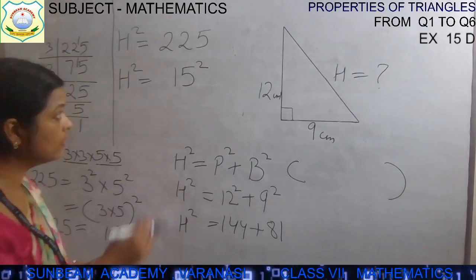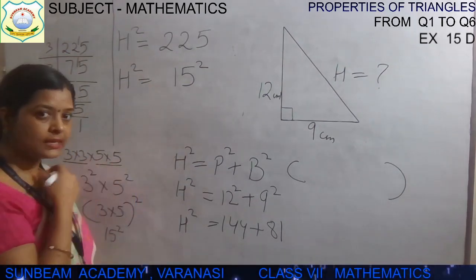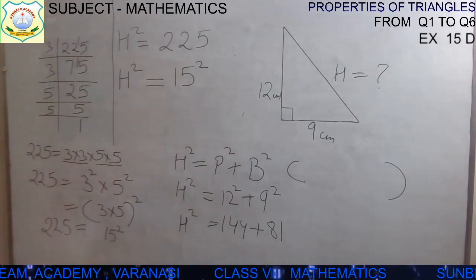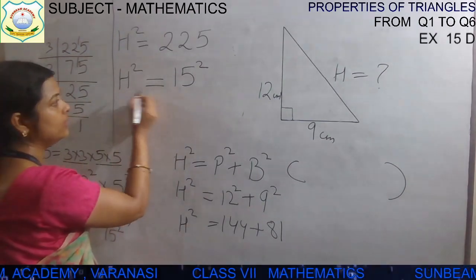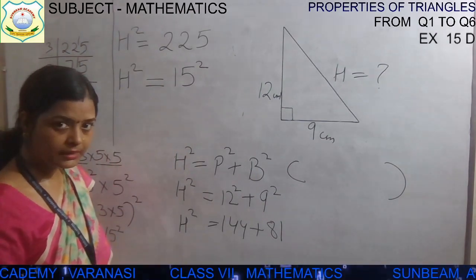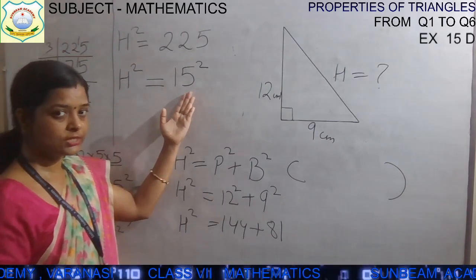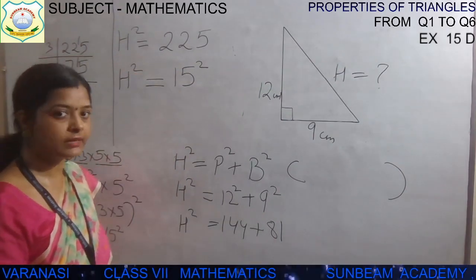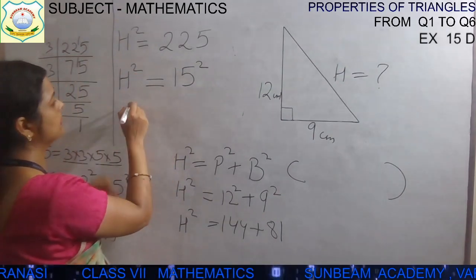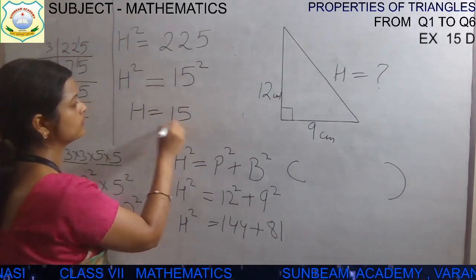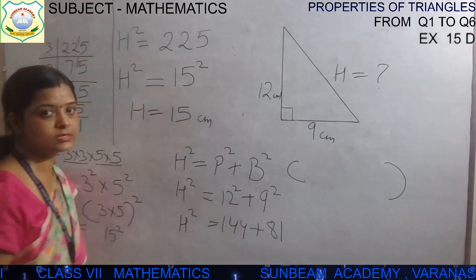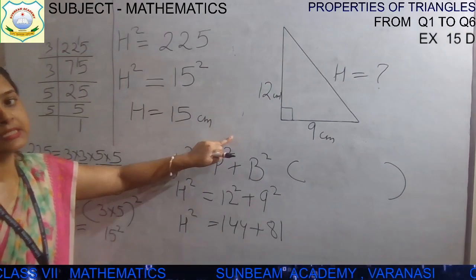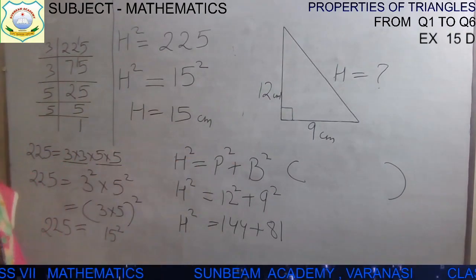But why are we writing this? Because we want only h. अब ऐसे कैसे मिलेगा? So now you can see there is an equality sign, children. It means whatever value is in LHS will be the same as in RHS. इधर की और LHS और RHS की वैल्यू सेम होगी. So now if the power, the square power, is same, तो इसका मतलब ये बेस भी सेम होंगे, यानी h is equal to 15 what? सेंटीमीटर. Because the question is in centimeter. ये यूनिट जरूर लिखना. Hence the hypotenuse side is 15 centimeter. So in this way you can solve this.